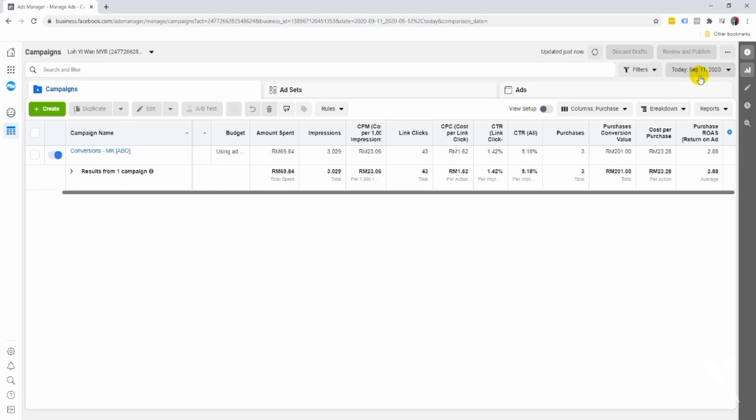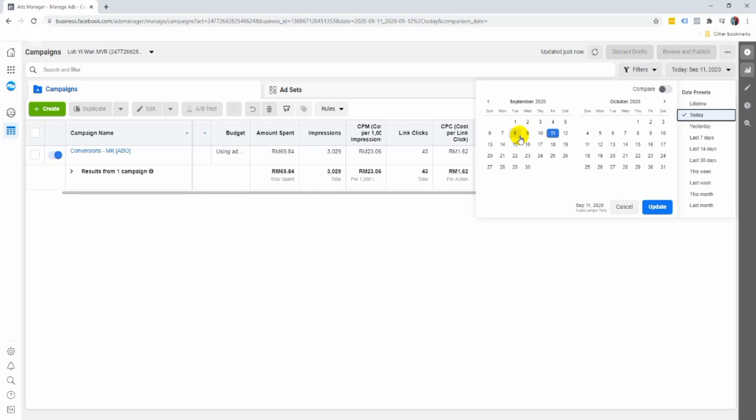That means give it a time, run for 3 days on a budget of 5 to 10 USD a day. If you can put in a little bit more, that's up to you, but 5 to 10 USD a day, let it run for 3 to 4 days, all right? There are some people that will run it for a week before making a decision, but right now I'm just going on a bare minimum at the moment, and let's just say this has been running for the last 4 days, all right? So I'm just going to put this in the last 4 days,